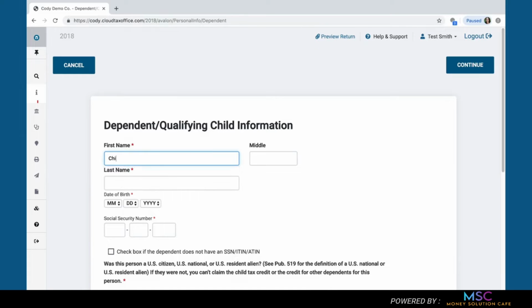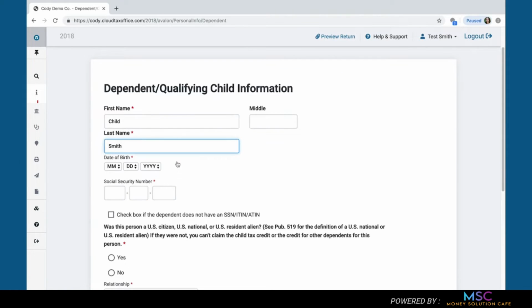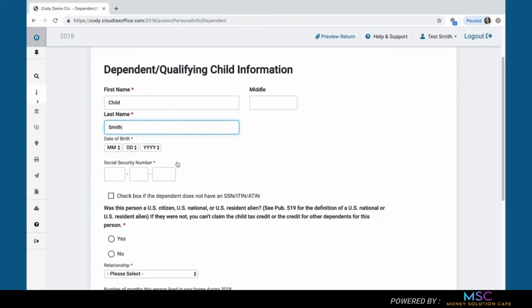Then we'll type in the dependent's name. So once you tab or cursor over to the last name, it pre-populates the last name with the taxpayer's last name. Now you can delete and override this and change it if the dependent's last name is different, but if it's the same, it just saves you keystrokes so you can move on to the date of birth. I will select the date of birth, the dependent's social security number,